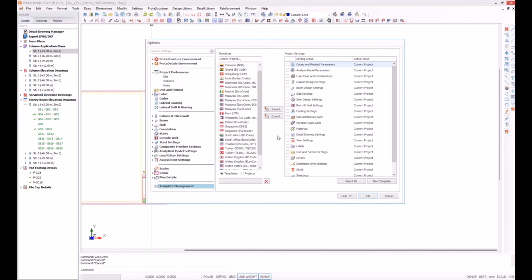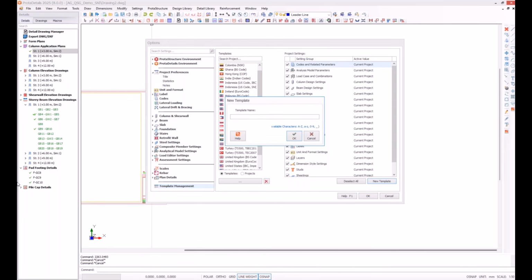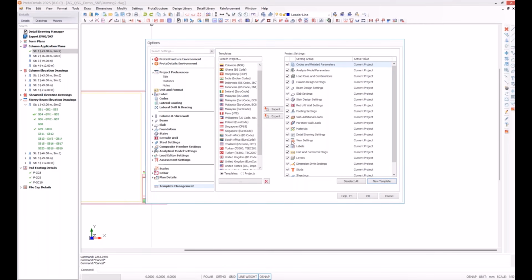What you would do is just create a new template and name it. That's it, new template. It's that easy, and it's actually being generated now. It's being copied, and when it's done, yes, you see, it pops up here.